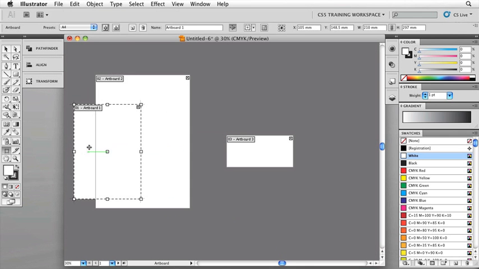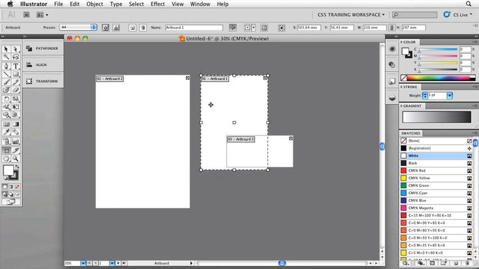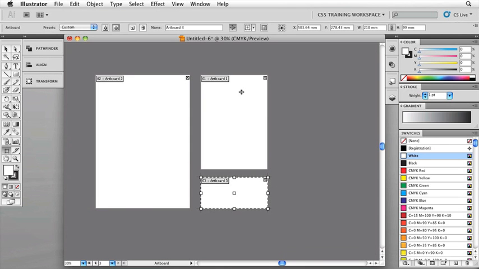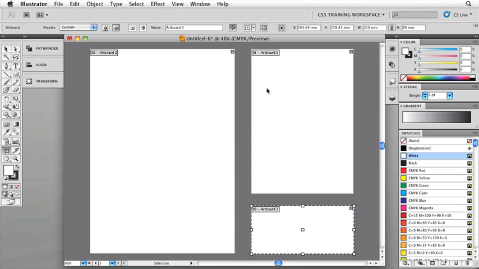Then what I'm going to do is take our A4 artboard 1 here and drag this over to the right and make sure we do align it to the top of our poster here. I like things that line up, so it's nice that we can do this. In the same vein, what we'll do is take our flyer down here, which is the same width as the A4, so in fact as we drag down, we get a perfect snap. It aligns to the bottom of our A3, to the center of the A4, and we get a nice even layout. Once again, if we use our Fit All keyboard shortcut, we can now zoom up and see all 3